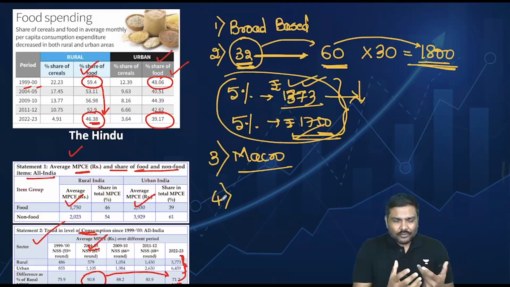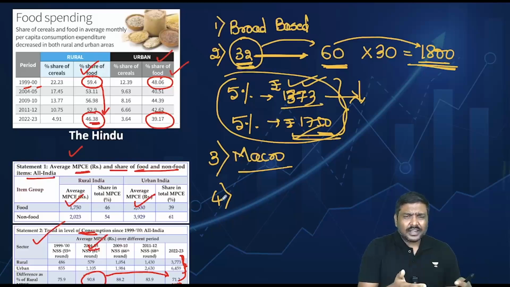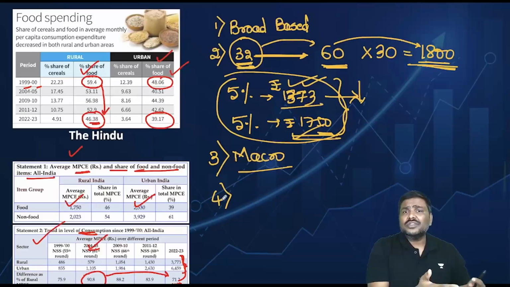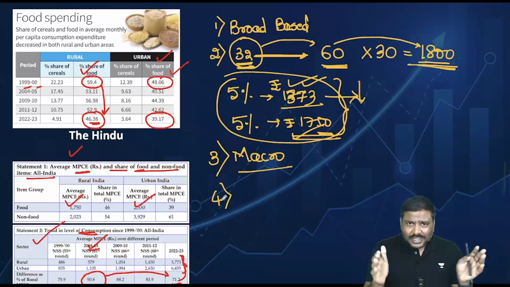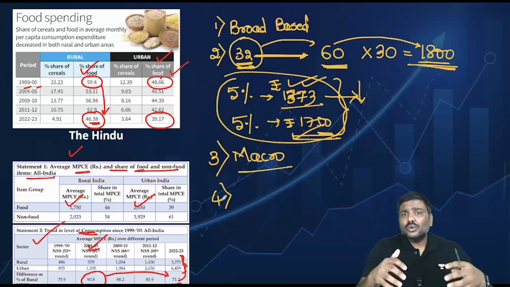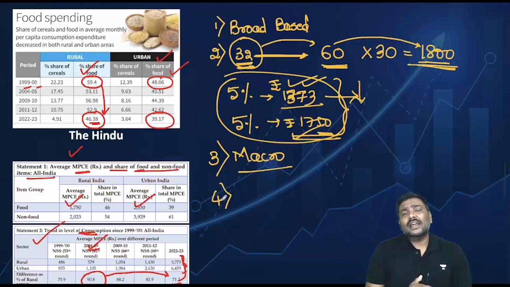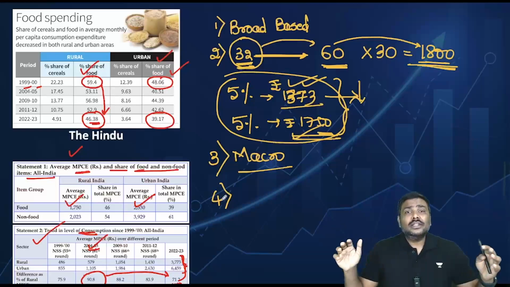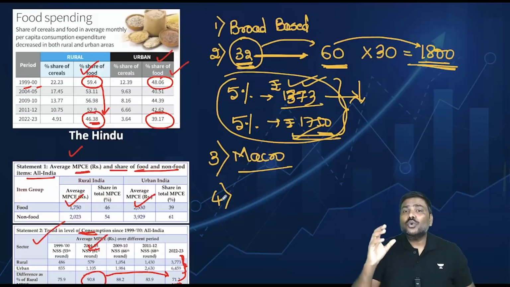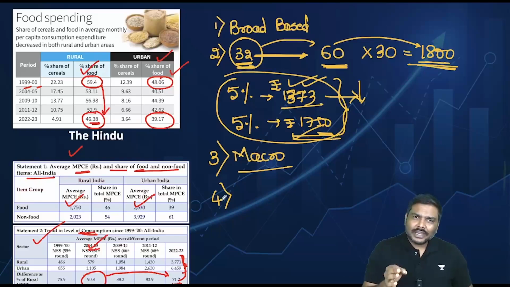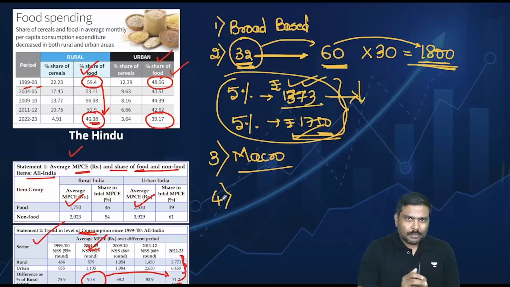So on one side, we have data which says that household expenditures have increased in the last decade by a huge number. The rural-urban gap has come down. This can be used to showcase that poverty should have reduced, the growth is broad-based, etc. But if you look at many other social indicators, many other social parameters, the performance of India needs improvement. So these are the points I wanted to discuss with you regarding the latest publication of the Household Consumption Expenditure Survey.